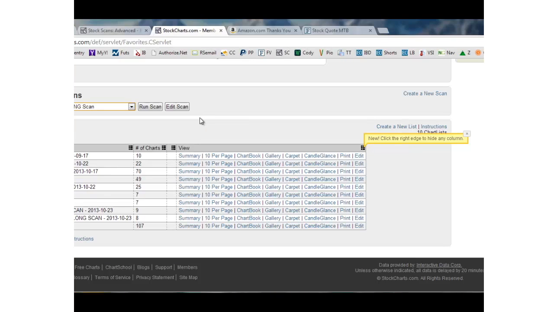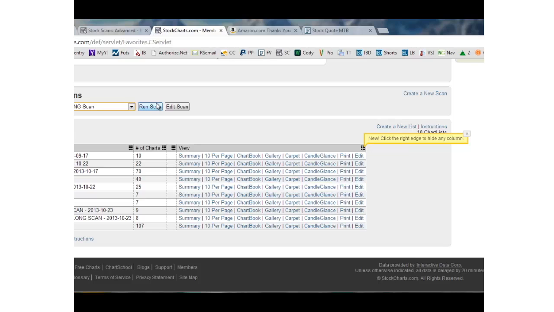I don't have it set to find, up one day, down the next, or at the end of a downtrend or at the end of an uptrend. You can do all that, but just for the purposes of our time today, I left those further filters out so that we get at least a handful of stocks coming through the scan. You're going to find when you scan with the rest of the filters in there, you want to scan for a downtrend with a